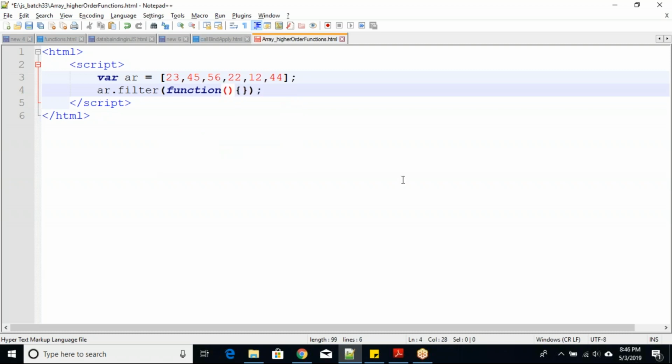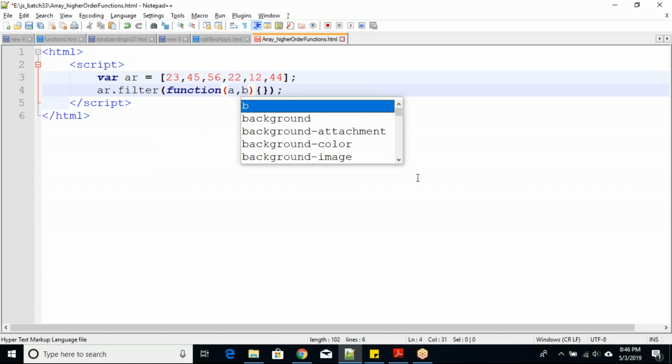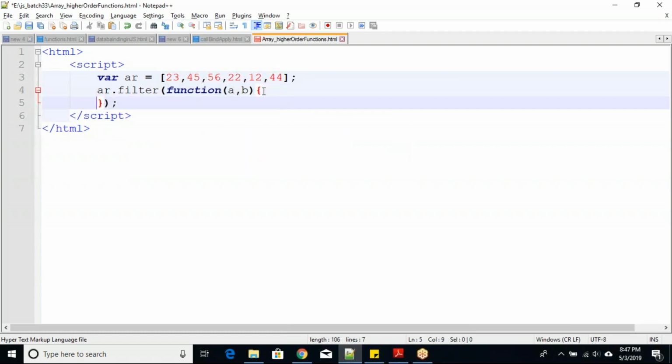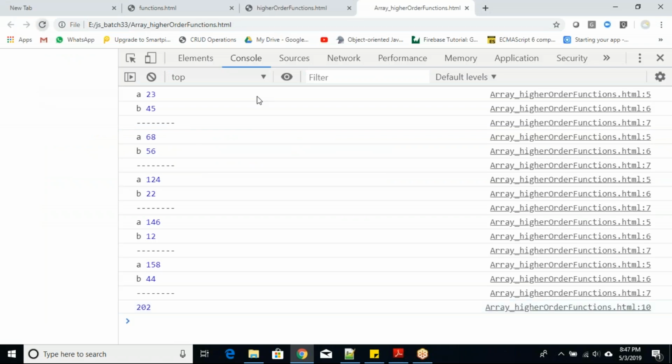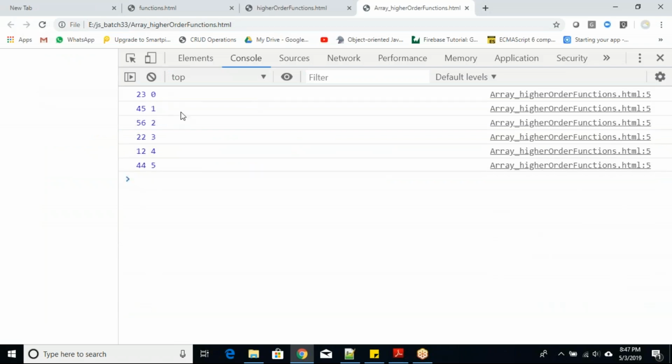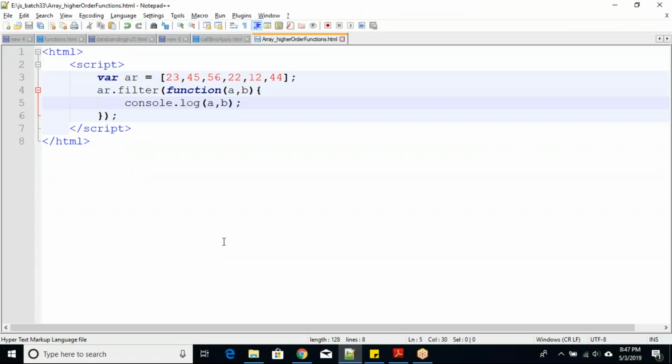So this will also receive the values, no doubt in it, and this will also print the same way. Let us see the output. It will print 23 comma 0. This point is the same, no variation at all.